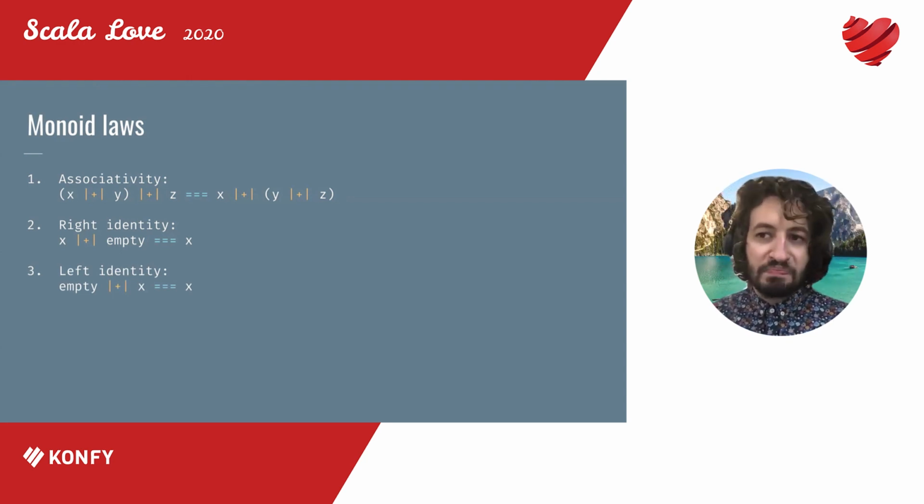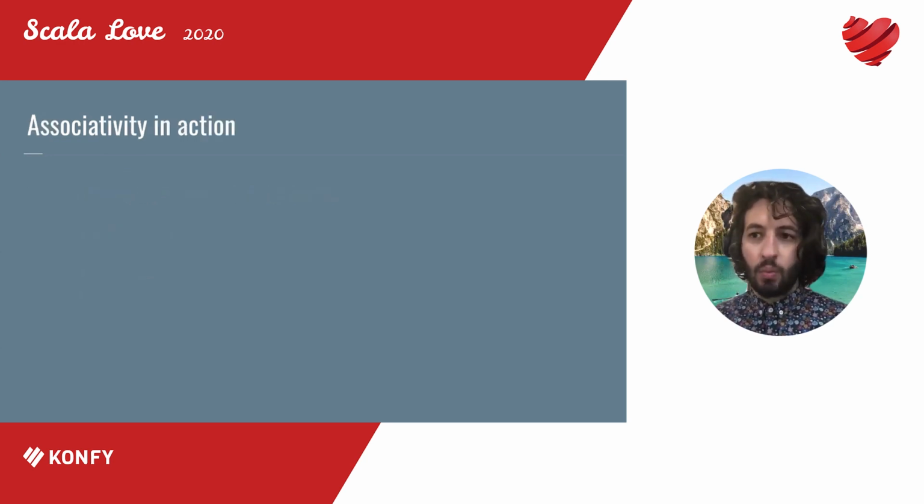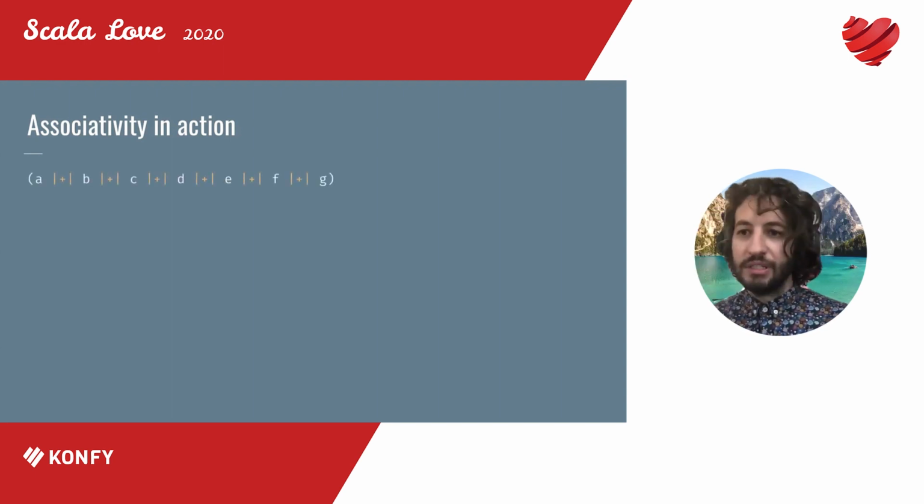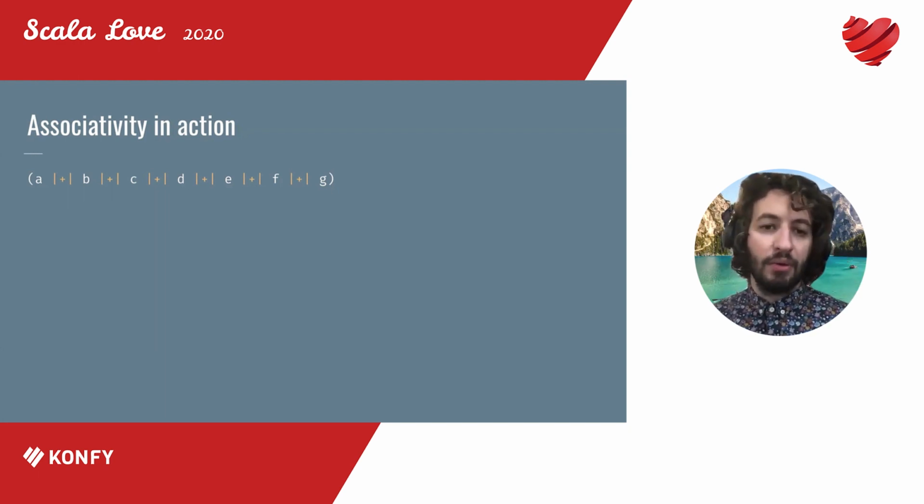And that's basically the definition of a monoid. So you have these two functions, or these two operations, and these three laws. And that's pretty much it. So why would you need this? Basically, if you think about a number of elements in some sort of list, some sort of stream, anything, right? I called it here A, B, C, D, E, F, G, and you want to capture them all together, like combine them all together.